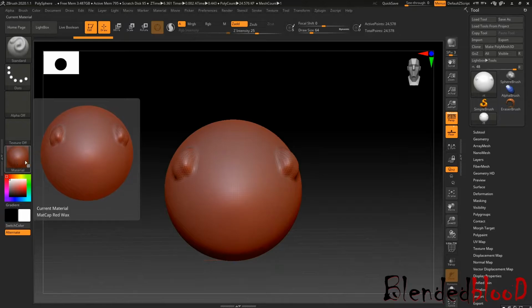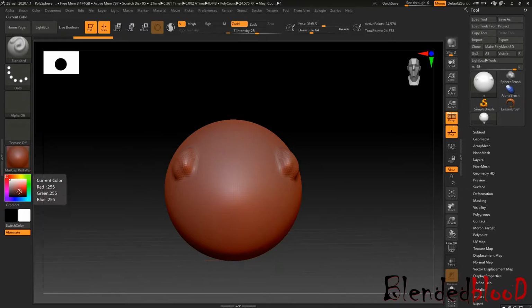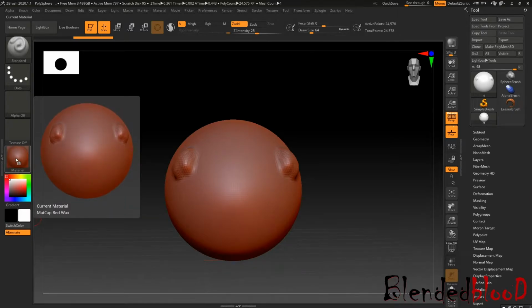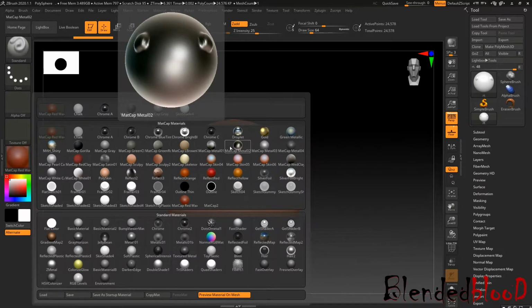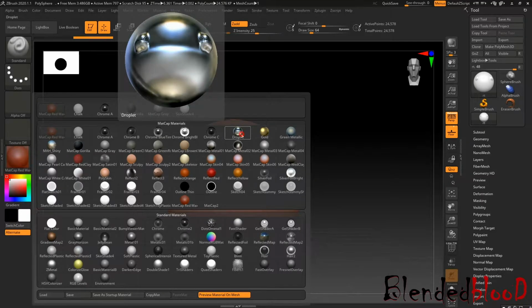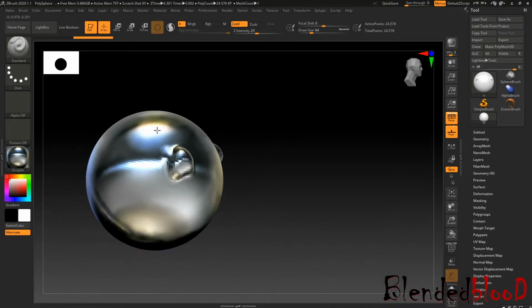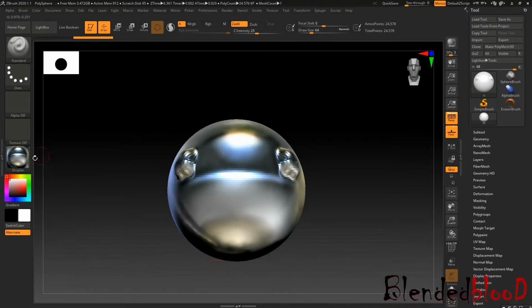And matte cap, this will be your color palette, the color mixture. This will be your two palette, foreground and background, as you have seen in Photoshop. Okay, if you click on matte cap, there is a default option for material. Matte cap means material. If you click on this option, your object will be shown according to that material.